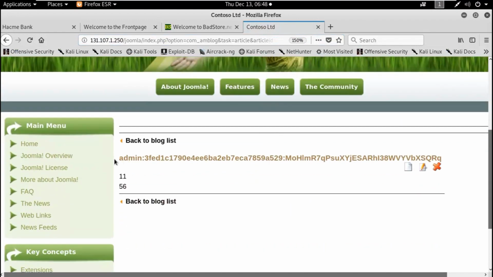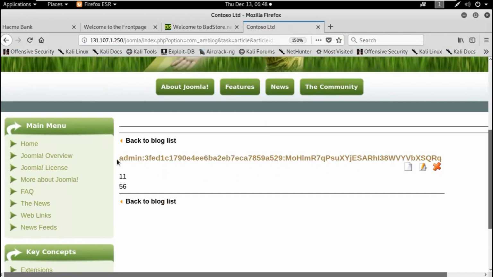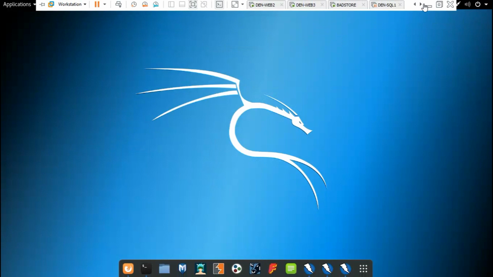And notice that, wow, I found an admin username with the password. I believe this is the password. Most likely this is actually the admin username, and we got this MD5 perhaps, and this is something else, like maybe a base 64 encoded password. Okay, so you can repeat this